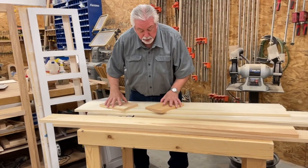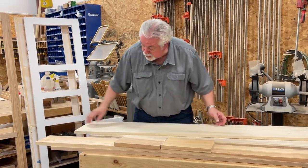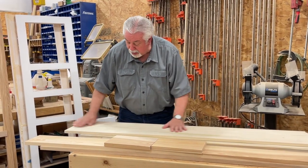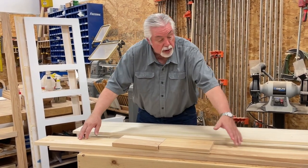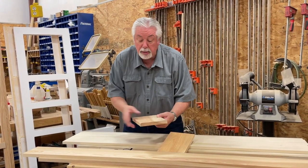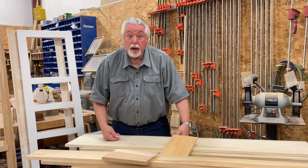This is the material that we're going to use. This is cypress. We're using the frames out of cypress, and poplar for the panels. We've glued up the panels and we've milled them down to thickness. We've got our cypress milled down to thickness, and we also have it already cut into length. And you know how I like to do things double wide. All of this is double wide. And so we're going to head over to the saw now,